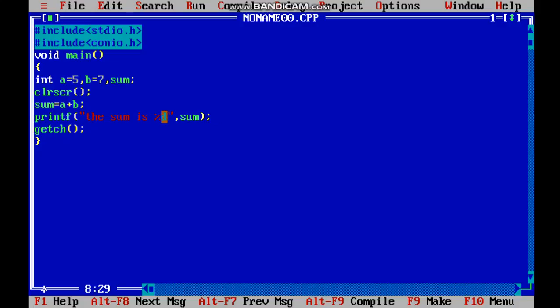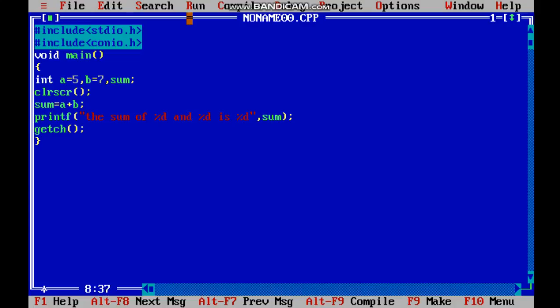What if we want to show "the sum of 5 and 7 is 12"? For this we can do this. The sum of %d and %d is %d. So we have three %d.